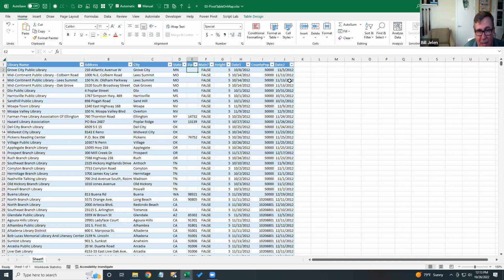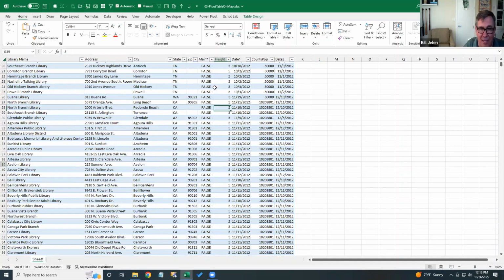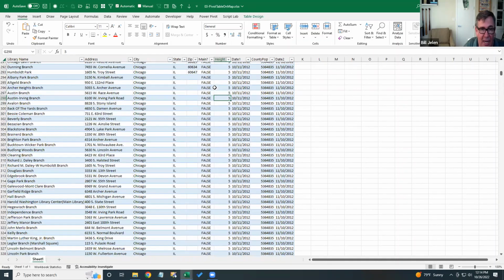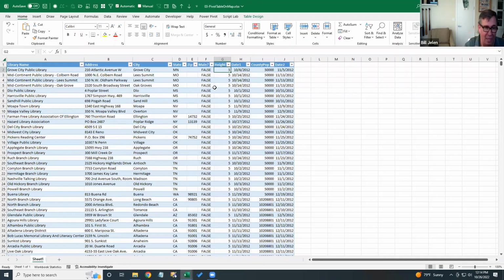And I added some columns out here on the far right-hand side. These are libraries, as you can see. The main library column is true for main libraries, false for branch libraries. I'm going to use that to color code items on the map. So it's good to have a column that you can use for color. And then the height column is a fake column in this particular data set that I'm going to use to create the different items in the map. And you'll see that there are two dates here, the date that we mailed something to them and the date that we figured it actually got to the librarian. All right, so we're going to put all of this data